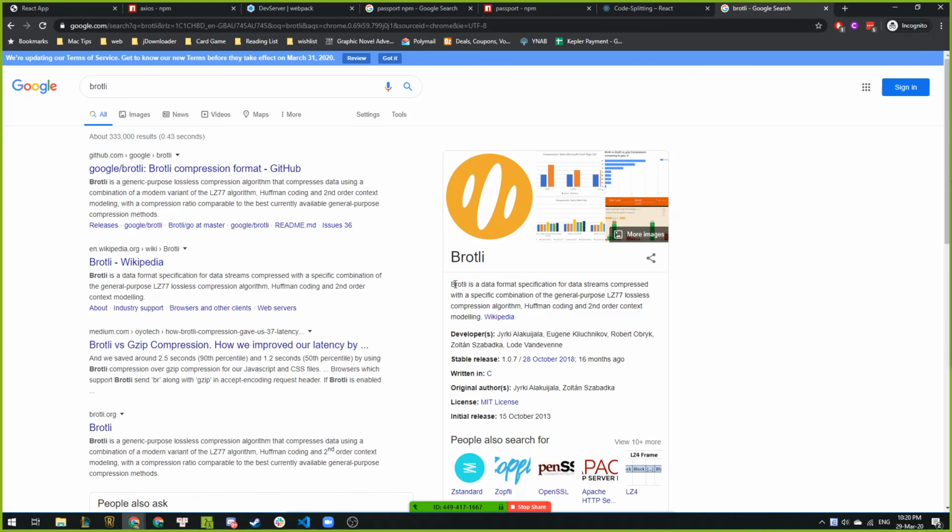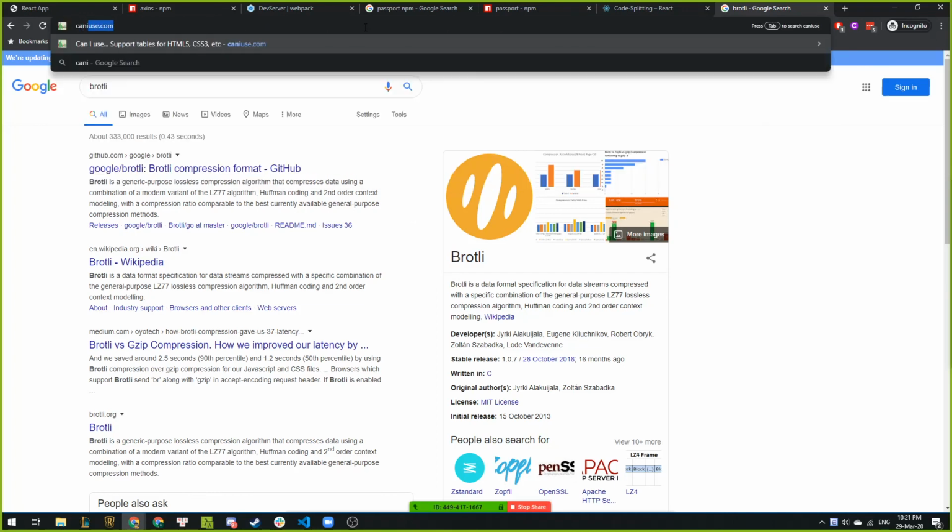I think it's built by Google, right? Unless they support by Google, I believe it's built by Google. But I will not go too deep into this because I honestly don't understand a lot of things because of compression. The only thing I know about compression is that it makes it become smaller, right? So then I go and I look at